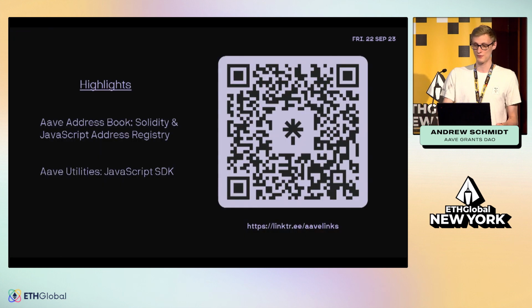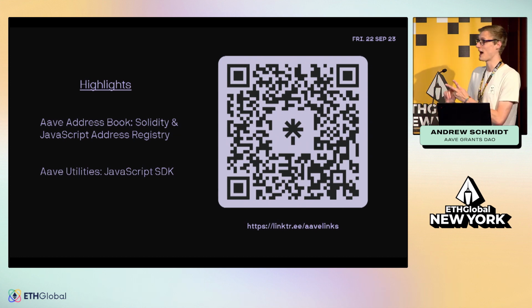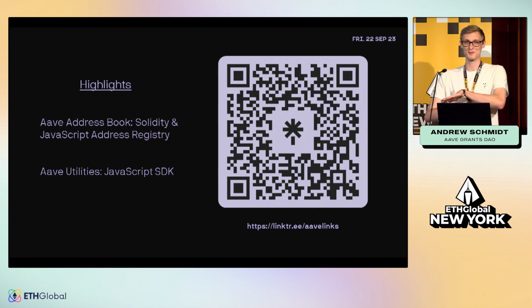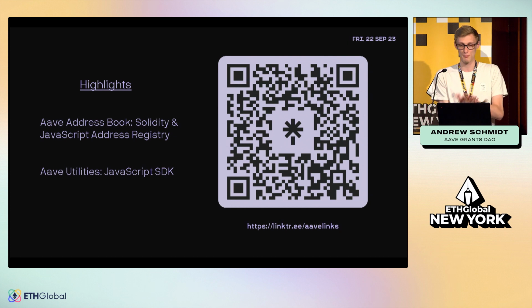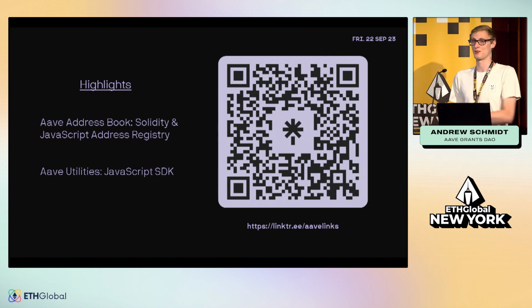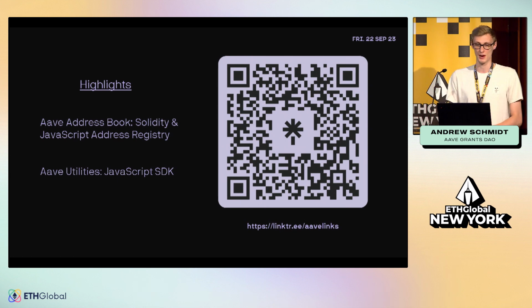And the last thing that I'll leave you with is a Linktree where you can find a ton of different resources about Aave and Go. And the two specific things which I'd like to highlight are the Aave address book. A lot of the pain points of integrating DeFi protocols is making sure you have the right addresses, especially if you're working on multiple networks. And what this address book allows you to do is import addresses directly inside of your JavaScript or Solidity code. So instead of copying and pasting addresses, you can import Aave v3 Ethereum and have all of the addresses right there inside of an object.